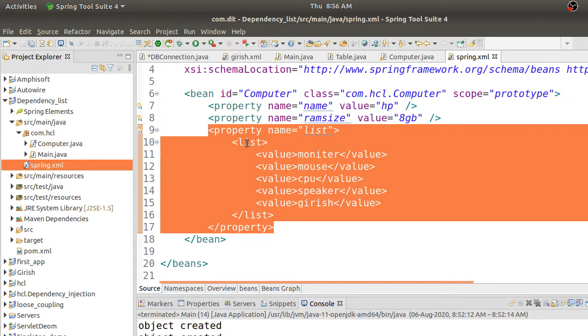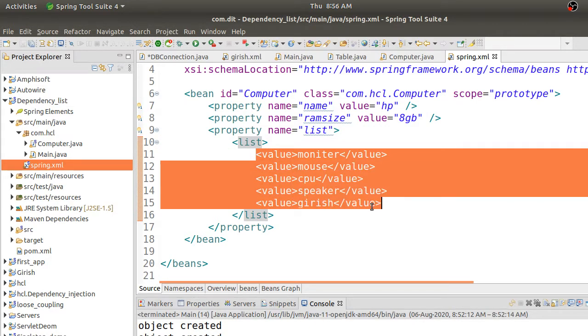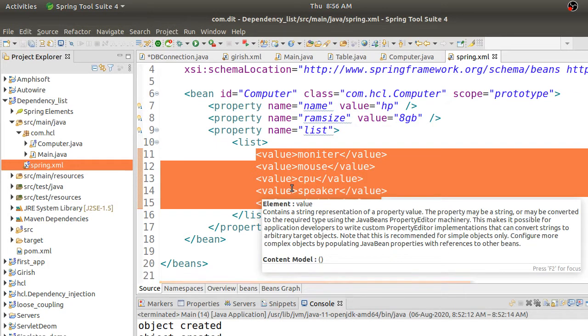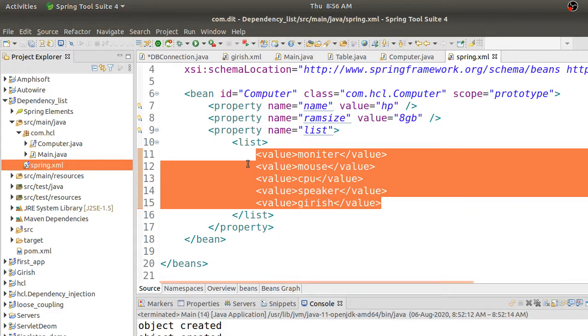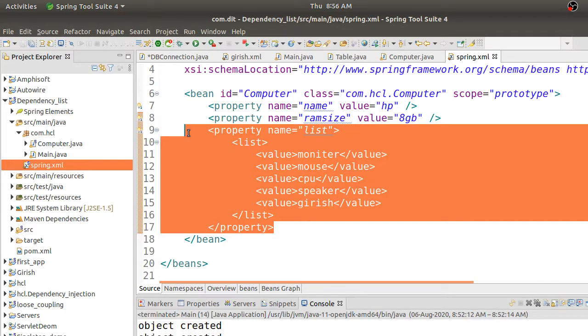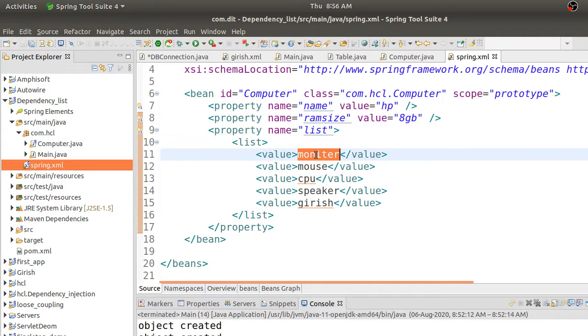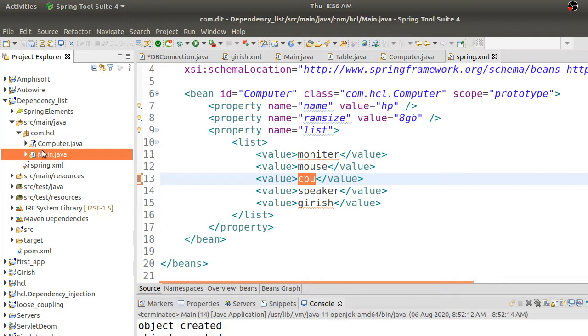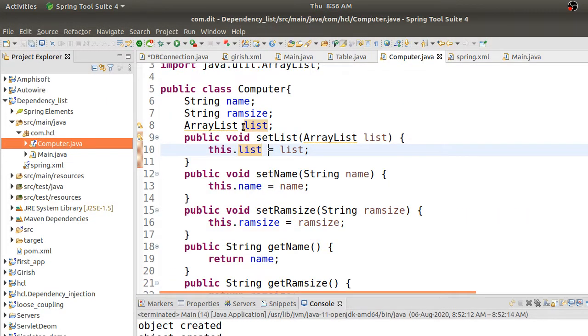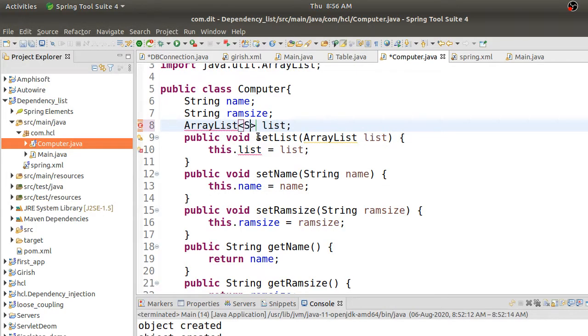So an array list will have a list of values. You should mention this list tag, and inside that all the value tags, because it's an array list. If it is a map, you will have key and value, so a key tag and value tag, key tag and value tag that you mention inside this. Okay, this is how you inject collection type of behavior, or any other type. See, these values can be anything. It cannot be only strings, it can be any value, because a collection will take any type of values. But if you ensure some type here, say you say it should only take string, then it will only take string.